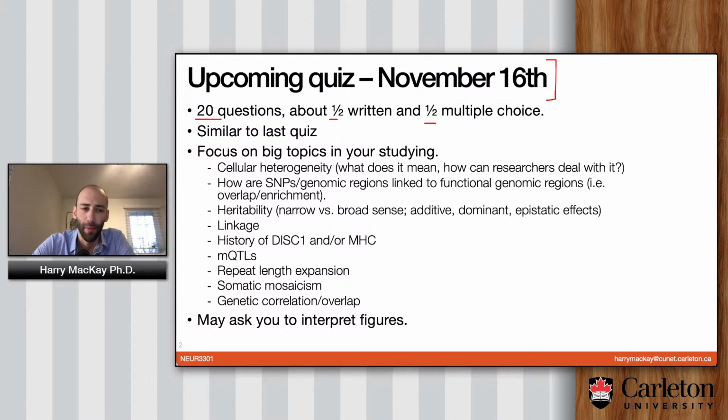And so if you felt that you learned something about how things worked from the last quiz, you can bring that to the current one and hopefully do reasonably well. I wanted to give you some starting points on what to focus on for your studies. This is not to say that any or all of these topics will be on the exam. Of course, that would be foolish for me to give away the exact content. But these are the kind of things, just going over my slides, that I think I would be tempted to include in some capacity. Because, for the written questions especially, I like to ask bigger open-ended questions,